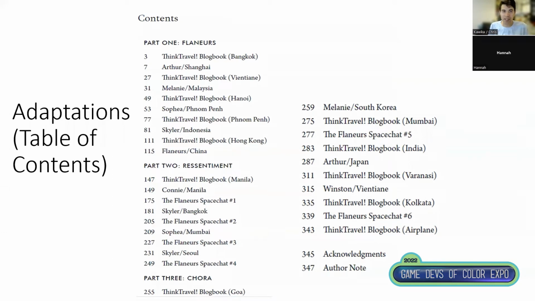But several problems presented themselves. The first was that there are 3 different sections of the novel, and they're all very stylistically different. So what did it mean to adapt these sections into a game when they're all about entirely different things and different styles? The first is a first-person poetic blog about traveling. Then there are stories about travelers in certain cities, as you can see here. This is just the table of contents. And then there's a kind of WhatsApp style group messenger called Space Chat, where we can see the characters chatting and texting with each other, often hurling insults and slurs.